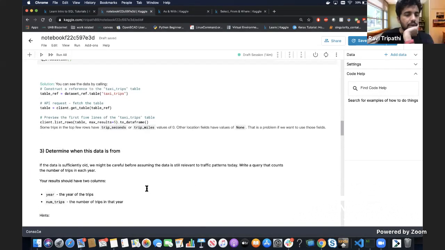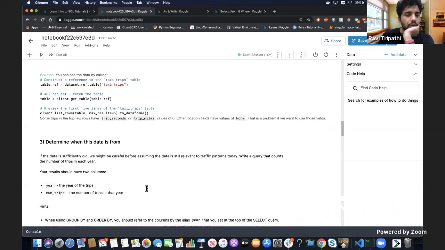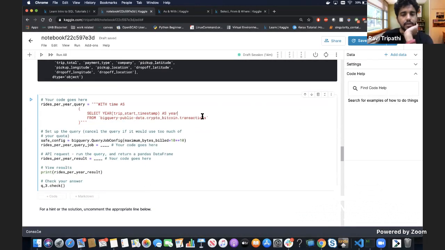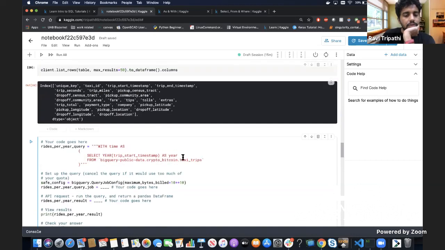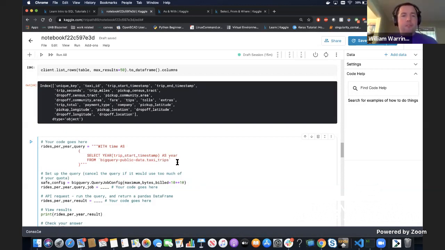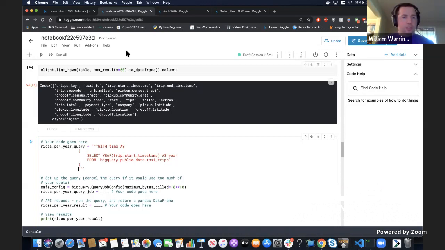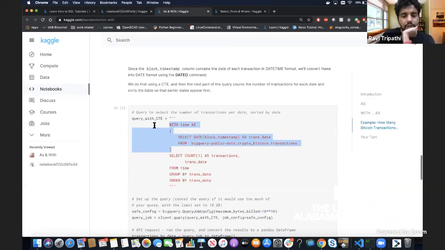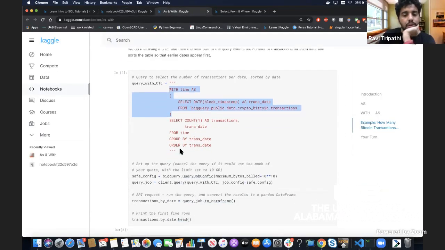What was the name that we gave? Taxi trips, it looks like. Yeah. I think I can replace the last two. Well, we probably don't want the crypto Bitcoin though. Yeah, we do need to replace this with something else as well. Or maybe we don't even need this. I think that's sufficient. All right. Select count(1) as